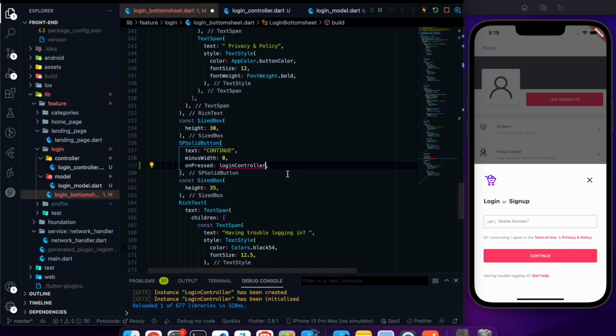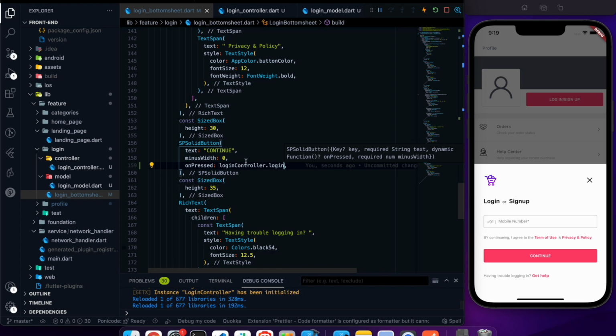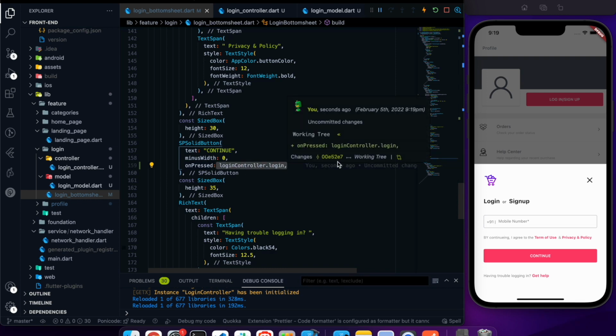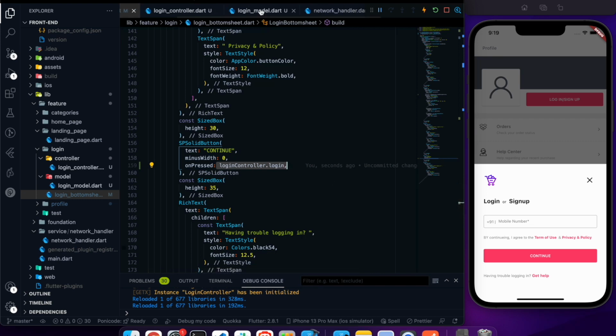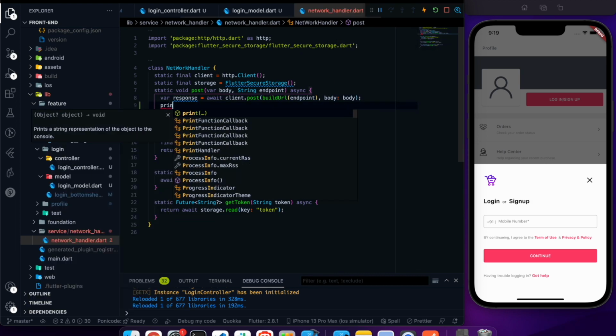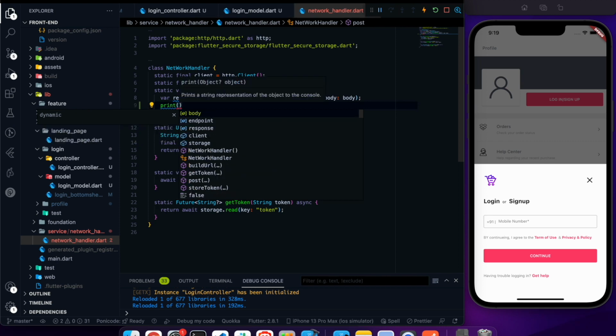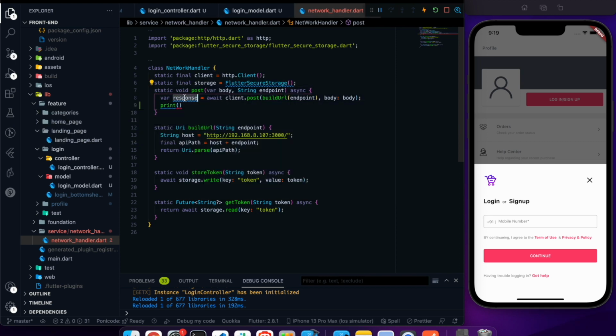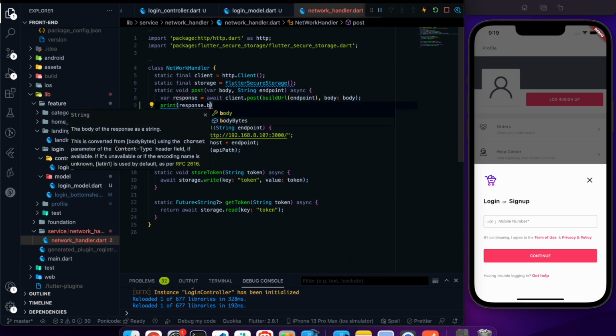So here we have to use the login controller again, and the method we created, the login method, and we don't need to call it like this. We just have to pass the reference, and once we click it, it will make an API call. Okay, so as of now, if you go to the network handler, in the post method we are doing nothing. We are just making an API call and taking a response, and we are not doing anything with it. So let's print it and see whether we are able to make an API call correctly or not. Okay, so I'm going to print response.body,